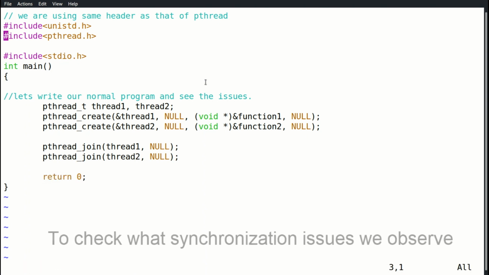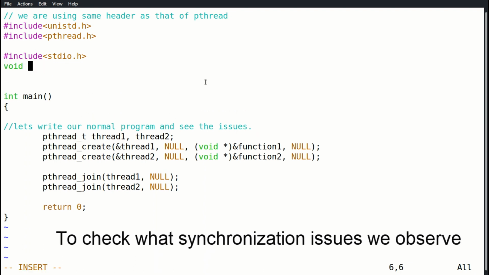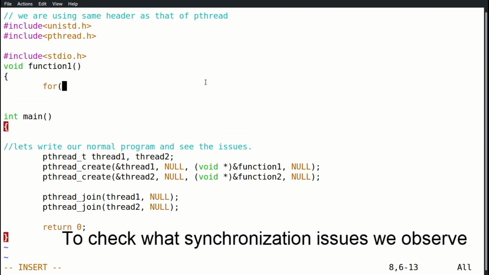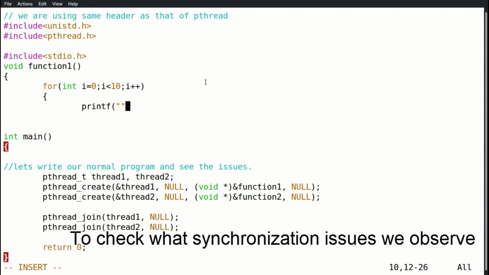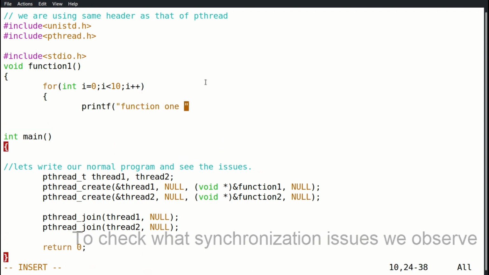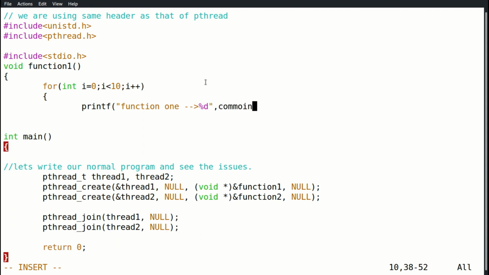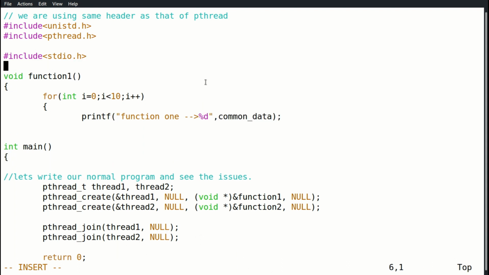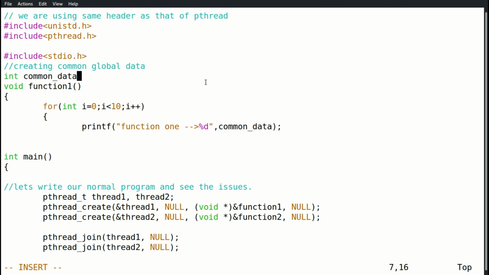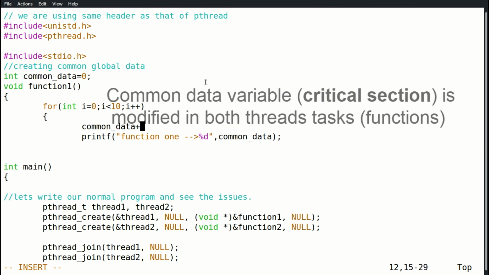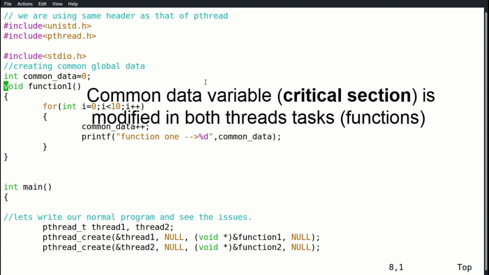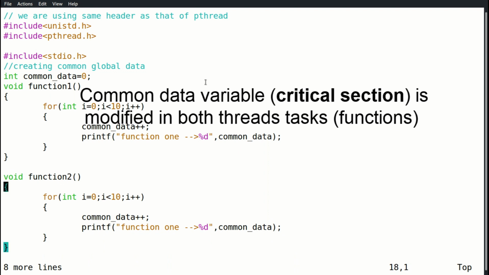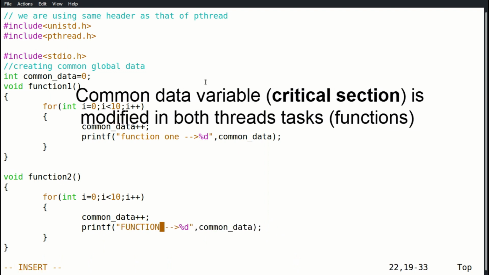Now we will write a function which is going to be operated on by threads. We are also writing different printf statements so that we can easily figure out from which function we are getting the output.